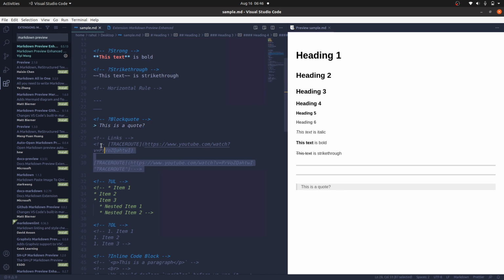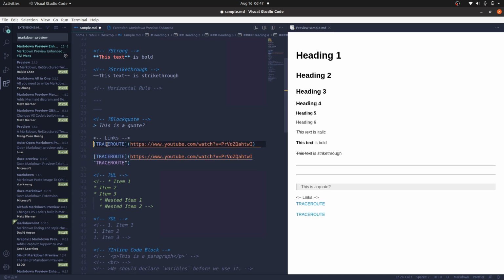Now for links, what you need to do is, if you take a closer look at the first link, if I click on it, it will display this URL.